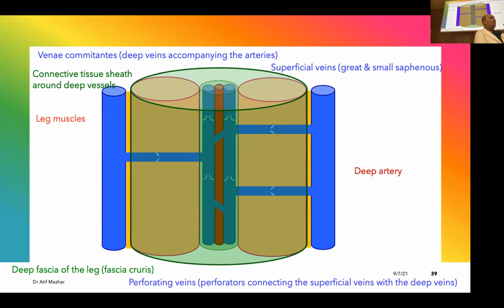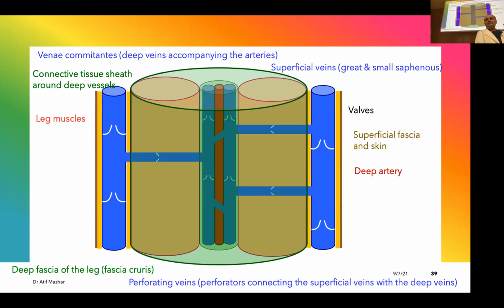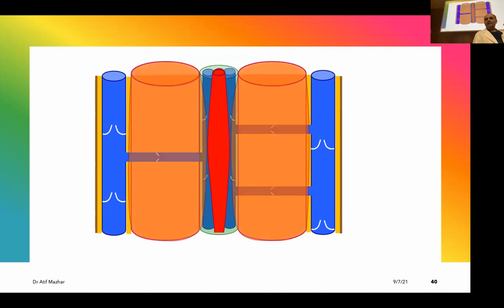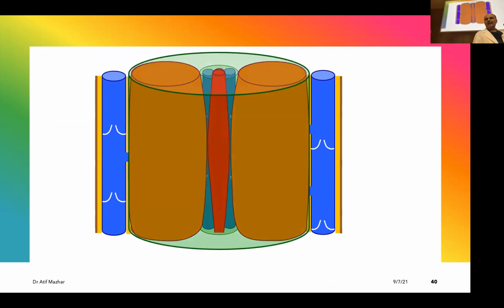Now what happens once these valves fail? First, let's see the normal flow. So now you're doing some activity. You're running, so your artery is pulsating. As a result, look at the muscle, what happens? They are also compressing, so there's a push, and internally the artery is pulsating. From outwards, because you're using your muscles, the muscles are contracting, so you're squeezing upon these veins. What veins? Vena comitans. So whatever blood is present in these veins has been pushed upwards.